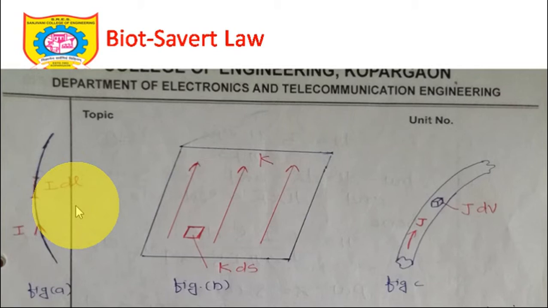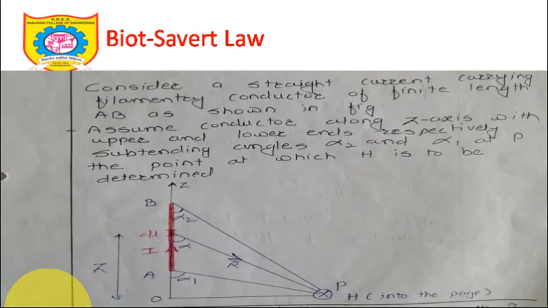Line current density, surface current density and volume current density, and their units, we have already gone through, and now it's time to discuss certain things. Let's say we have a current carrying conductor kept in a space or in a coordinate system, where I indicates the direction of the current. We'll take a differential length. If you are not able to see, I will just draw it here.